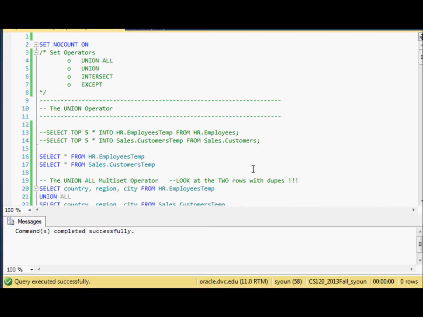Hello. Today I'd like to go over Chapter 6, Set Operators. In set operators, we can use union all, union, intersect, except. These are based on joining the data sets. For example, if you join two tables